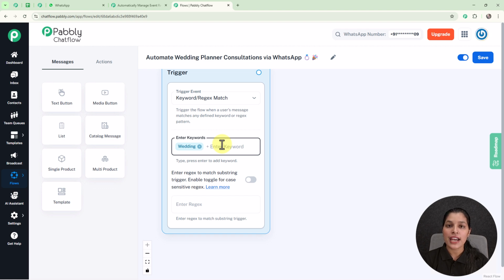Now I am going to add one more keyword, that is planner. So here I have typed it and pressed the enter key, and here our another keyword is also ready. And afterwards we are getting the option for regex. Regex is basically the short form for regular expression. These are used for specific user input, and if you want to trigger any message, you can enter regex